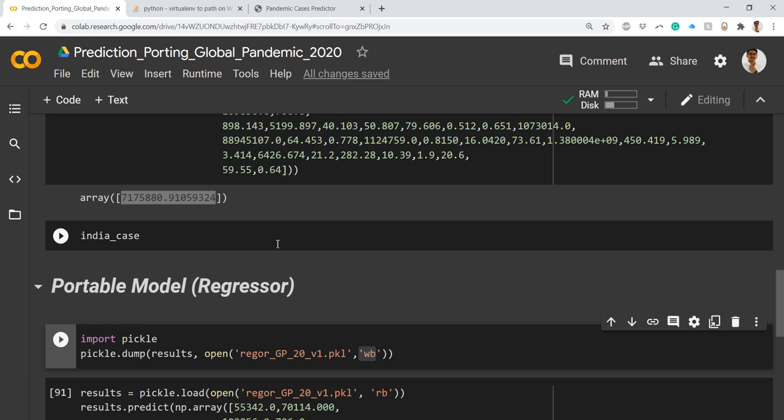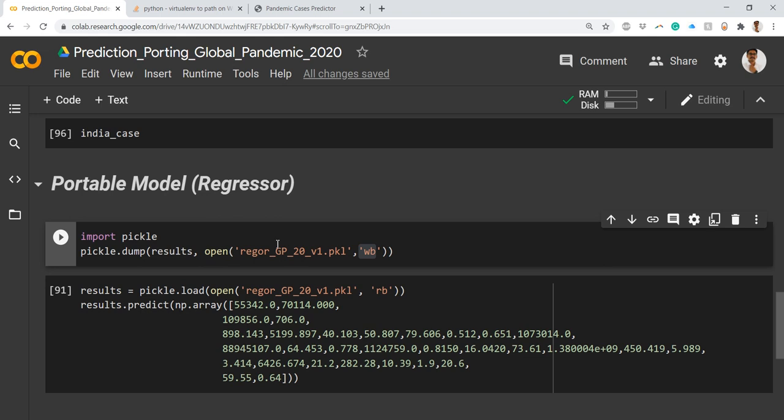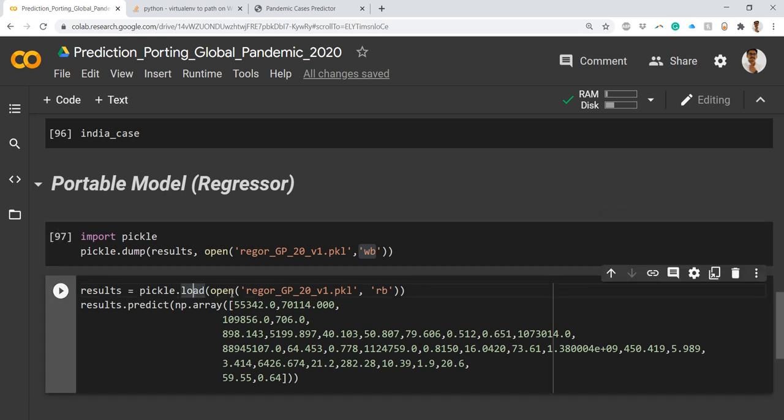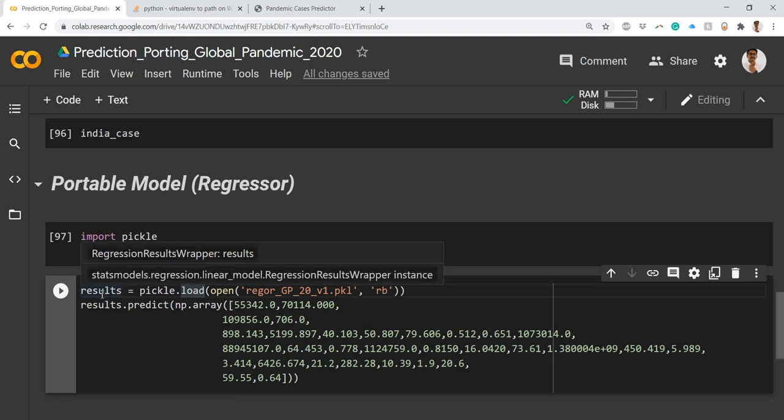Okay, so then what we do, just for testing whether our regression file or the pickle file works or not, is open this by using the load method, and I open this pickle file in write binary, and I'll read those things which were earlier in pickle objects. Write binary will convert back into a scripting form, and it is put back into results, that is the statsmodels object which we have seen.